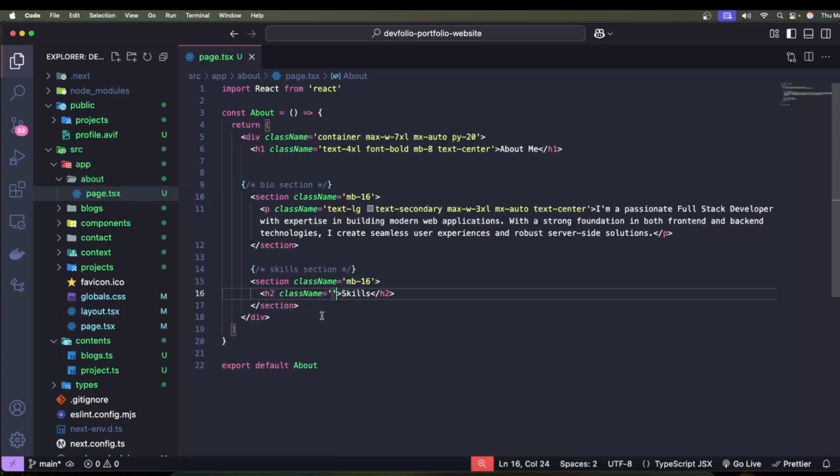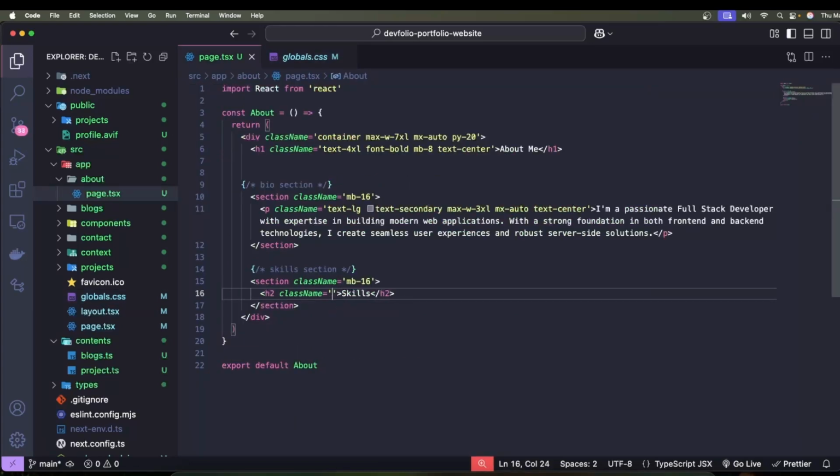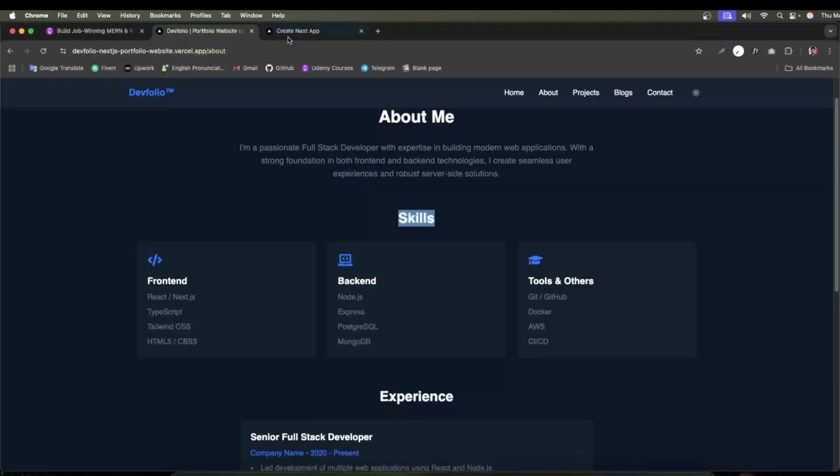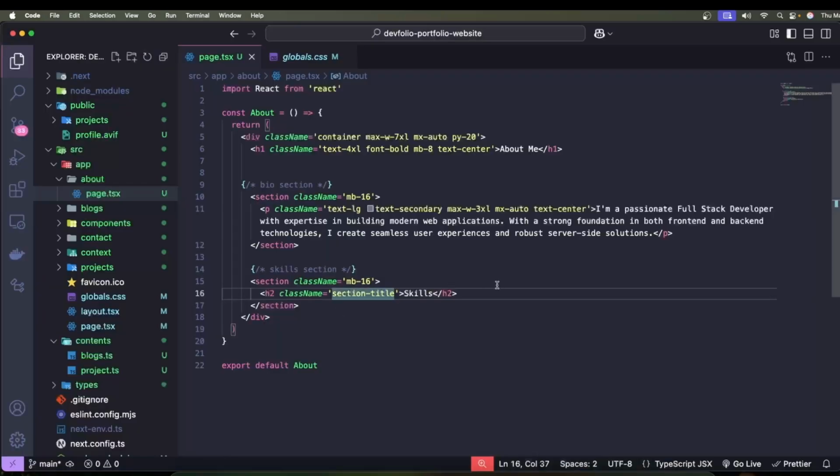The styling is, for example, section title. This section title is defined in global CSS. You can see here you will have section title, so let me copy it, come back here and apply this. Now you can see you have this section title, something like this. After this h2 we'll have a